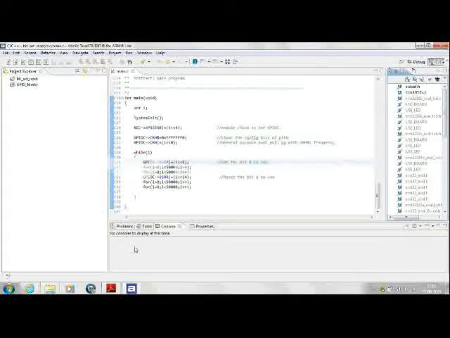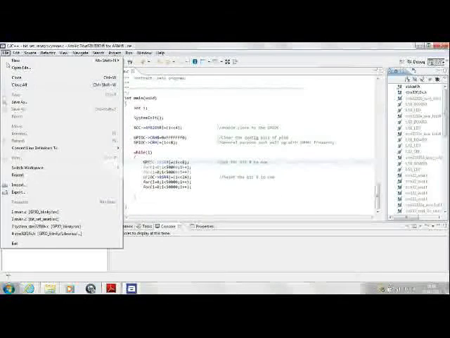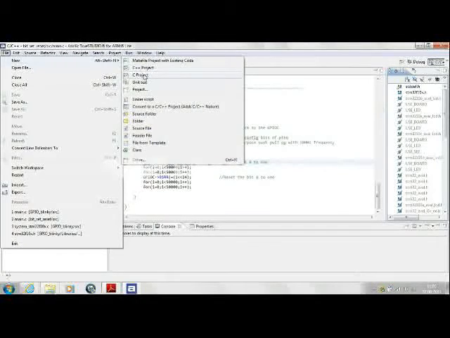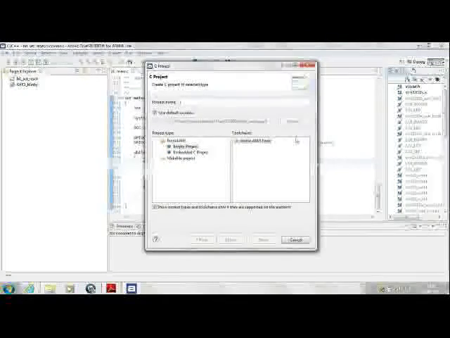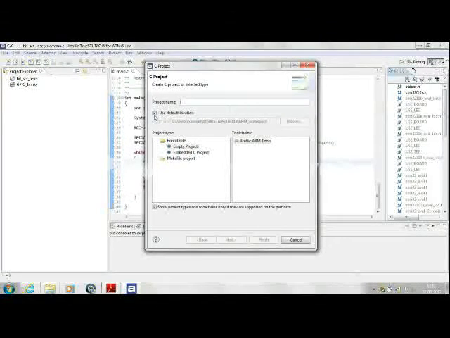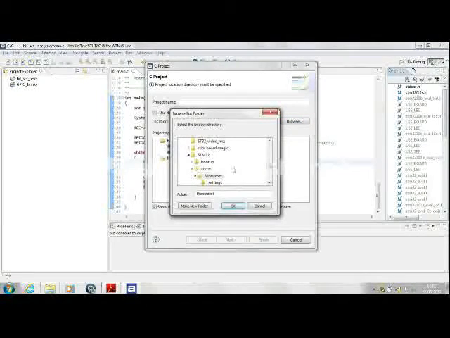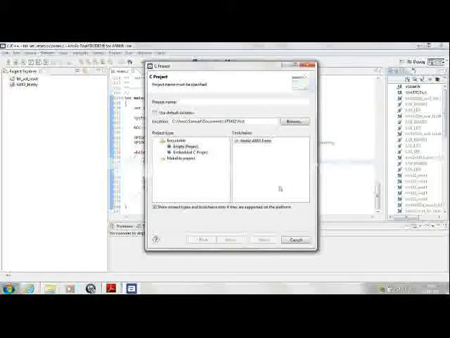What you need to know is how to create a new project. So to create a new project before you start on a new code is this way. You go to file, click on new, click on a C project. It will display this configuration wizard. You can avoid using the default location for your code and give a new folder. Say I put it in this folder called first.